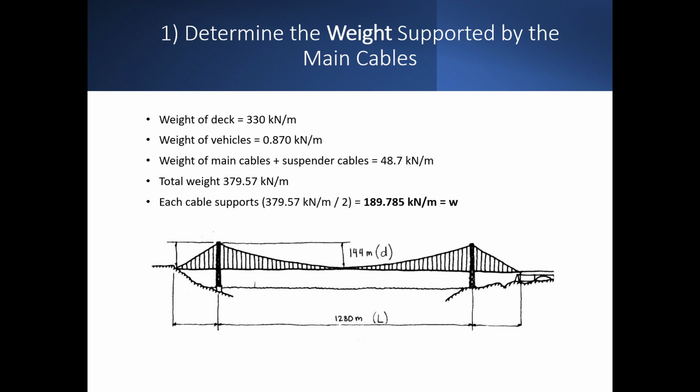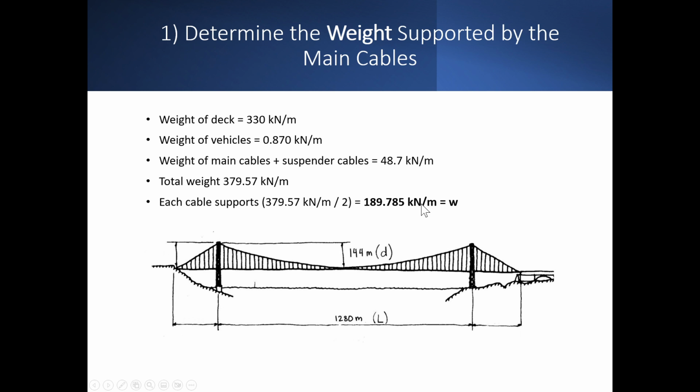So that's 330 kilonewtons per meter, and then we also have the weight of the vehicles and the weight of the cables, which are each 0.87 kilonewtons and 48.7 kilonewtons, respectively. So that brings us to a total weight of 379.57 kilonewtons per meter. But since we have 2 cables that run along the length of the bridge, we then need to divide by 2, as shown here, to get